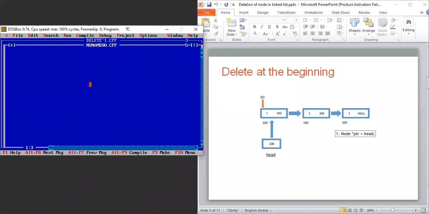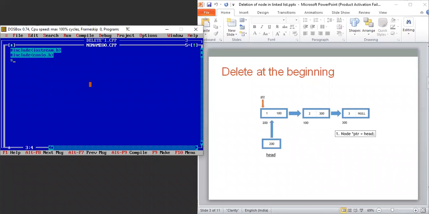First of all, I will use #include iostream.h, and one more header file that we can include, conio.h. Here we will first create a node structure.